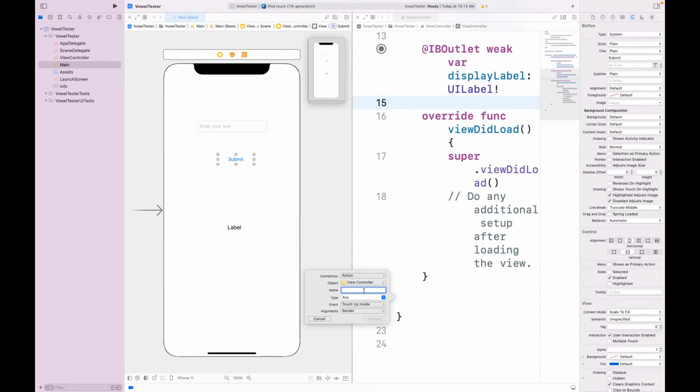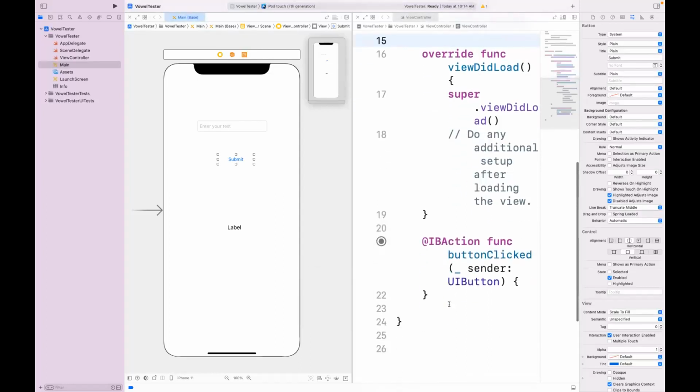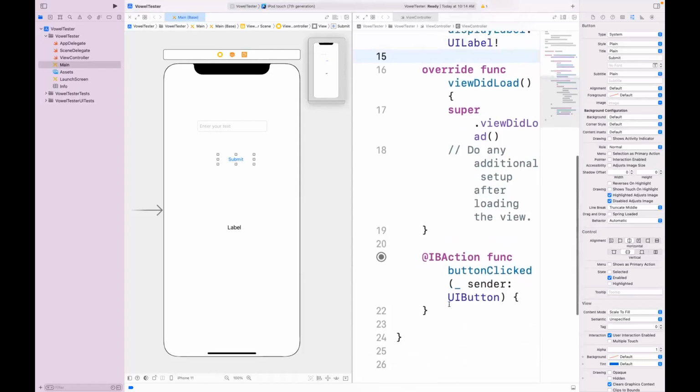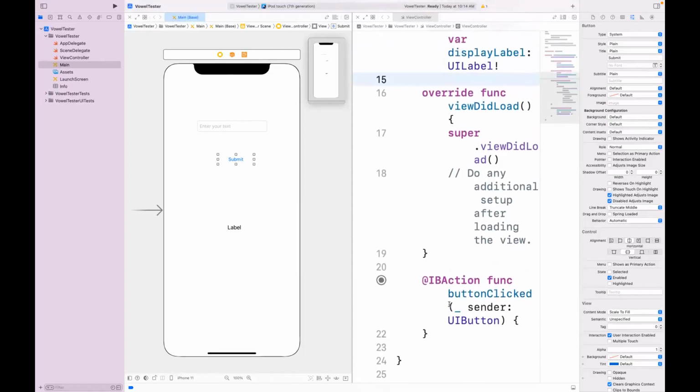The name of action would be maybe button clicked. Okay, so name of action would be button clicked. And here what you need to do is you would be able to select the UI button. Okay, and then connect. So now you get a function. Okay, so now the second part is done,